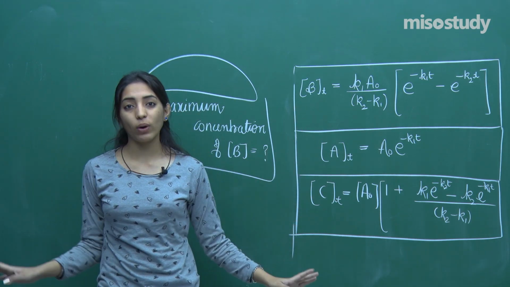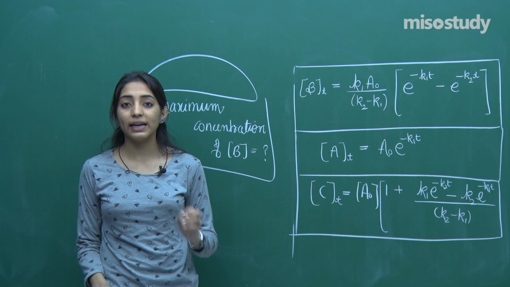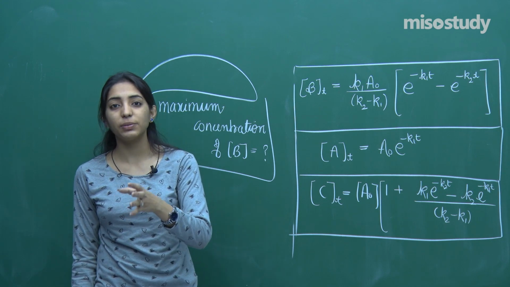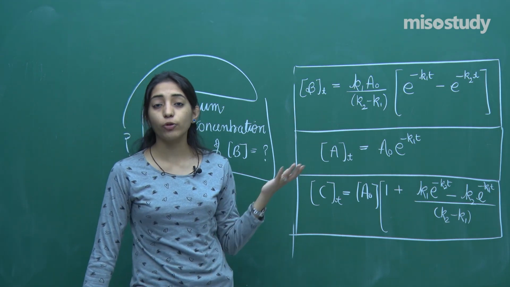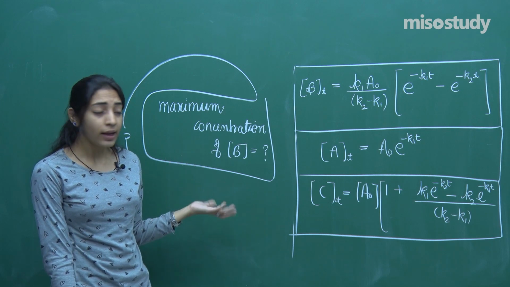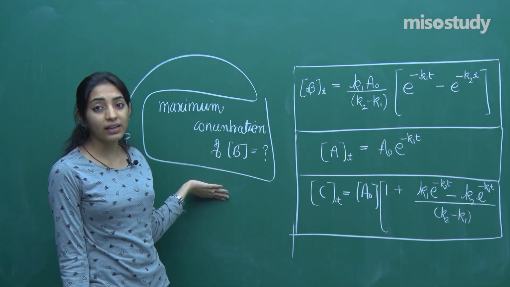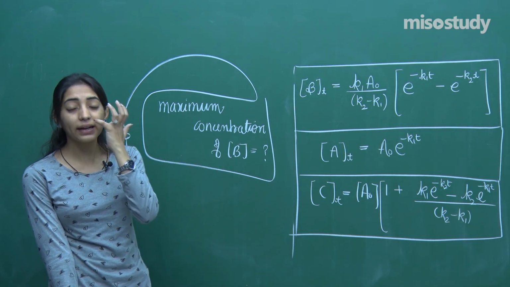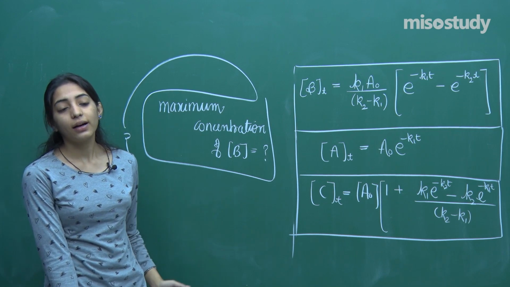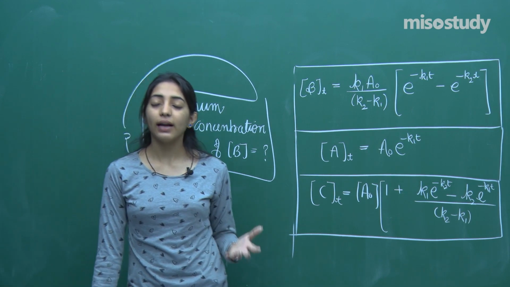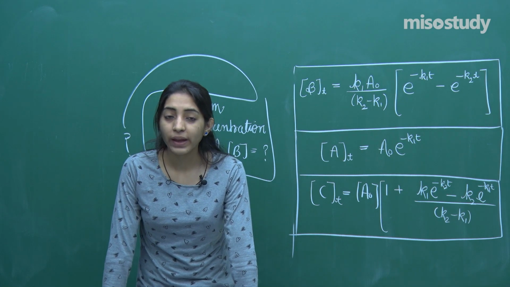So I don't know what I'm speaking. I just wanted to give you a hint, and for the super intelligent people, you would have got some hint how to proceed to this question, right? So please make sure that you come up with an answer to finding out how to get the maximum concentration of B at any time in the entire overall reaction.